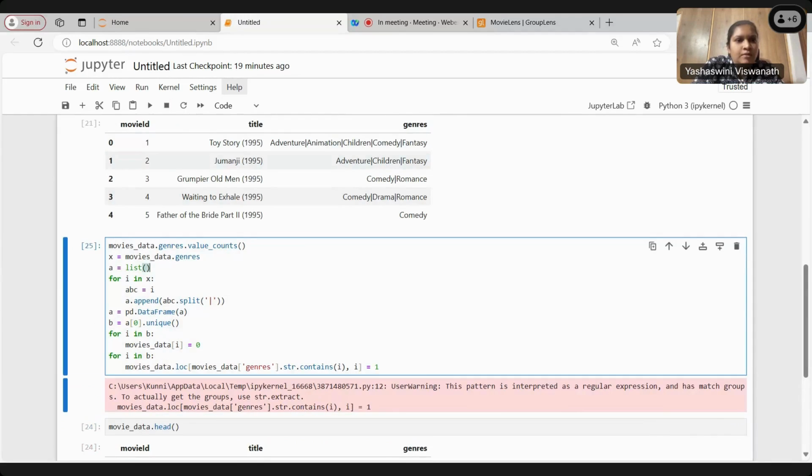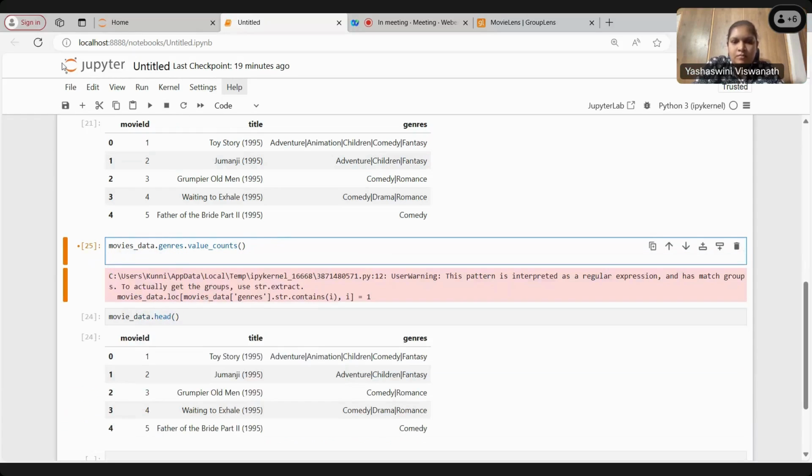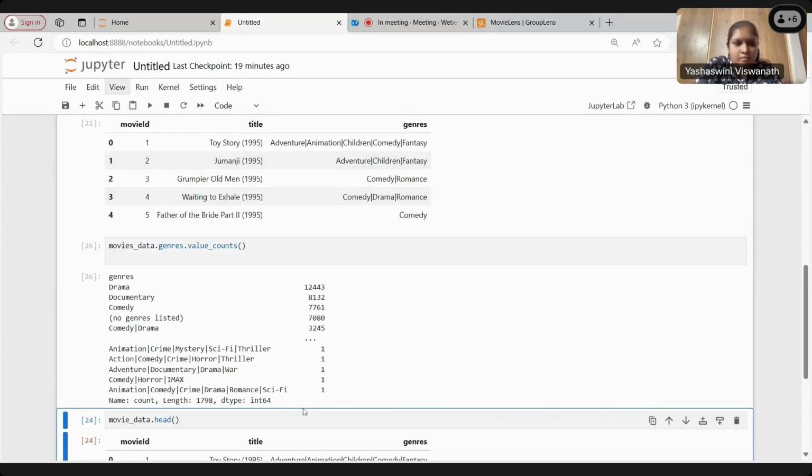Can you do movie data dot genres dot value counts? Yes. Okay. And then can you run that?